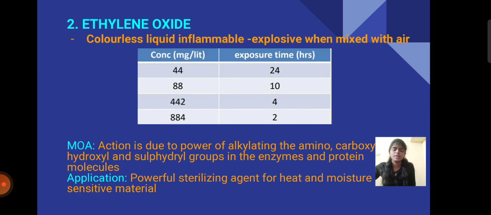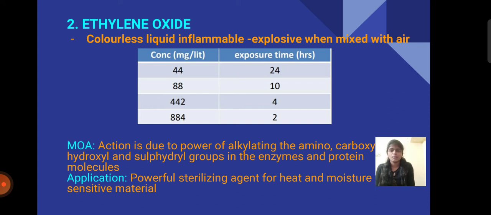Coming to the second type, it's ethylene oxide. Ethylene oxide is a liquid and is flammable when exposed to or mixed with air, and when mixed with CO2 or fluorinated hydrocarbons it becomes non-flammable. Here there is a table representing the concentration and the exposure time: 44 concentration takes 24 hours, 88 concentration takes 10 hours, 442 concentration takes 4 hours, and 884 concentration